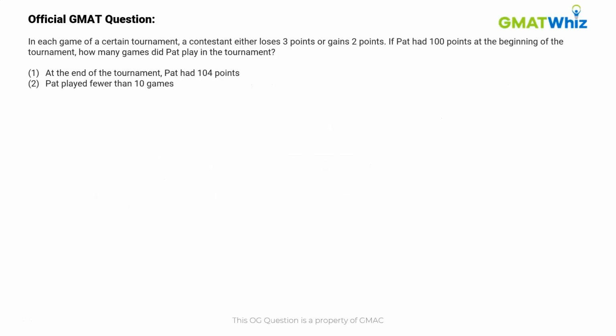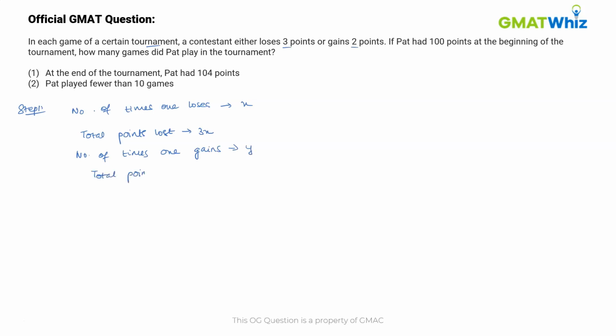In this question we have that in a certain tournament, a contestant will either lose 3 points or gain 2 points. So, if we take the number of times one loses points as x, then the total points lost will be equal to 3 times x. Similarly, if we take the number of times one gains a point as y, then total points gained by the contestant will be equal to